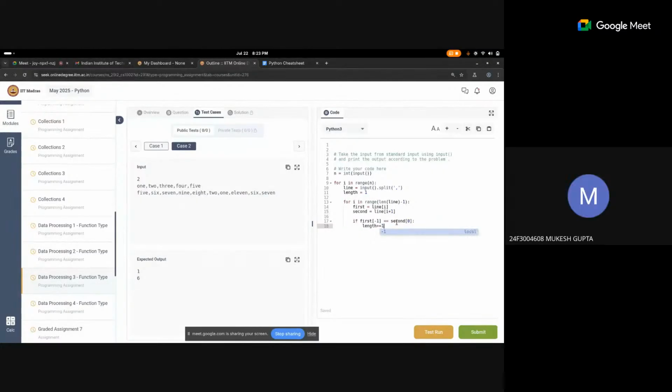We can also do it by another method: if we take a line, we take first is equal to line of i minus one, and second is equal to line of i. This way, brilliant. You can also do that. So what we are going to do is increment our length according to that property, and this will run and find all the subsequences, and whenever this property gets